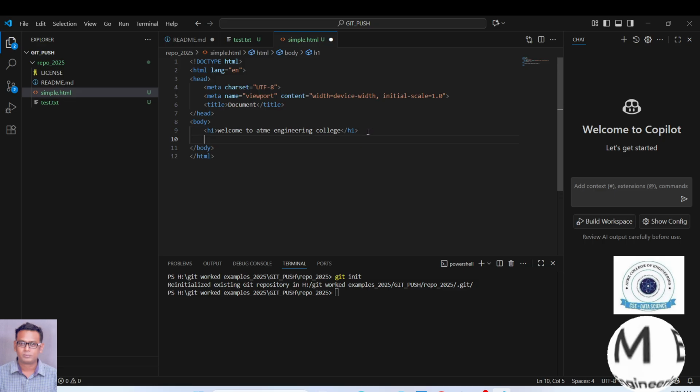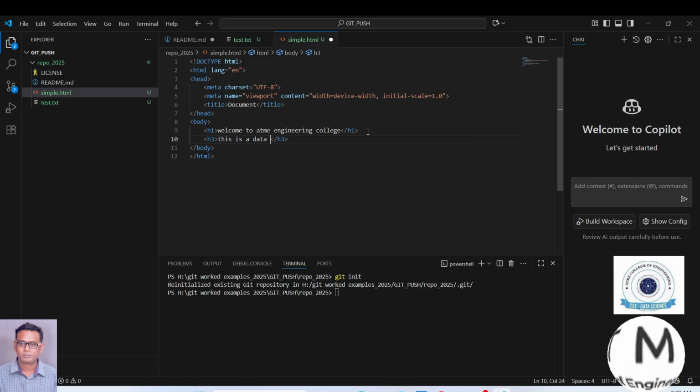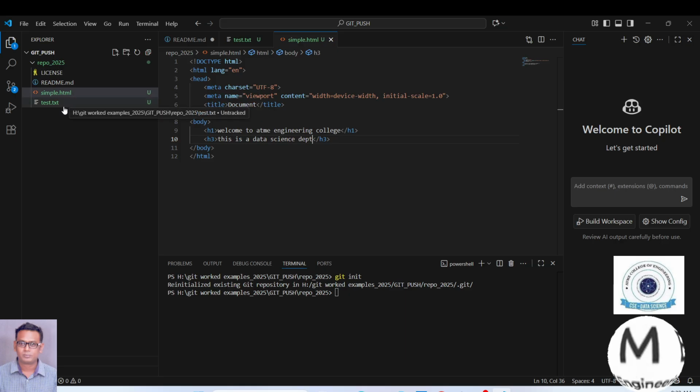I'll add another tag, h2: Welcome to the data science dept. So I have used dept as a short form instead of department. So save it here. The white dot goes away. So now clearly you can see two files are untracked, which are simple.html and